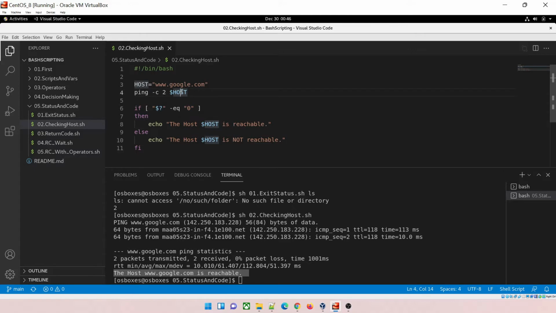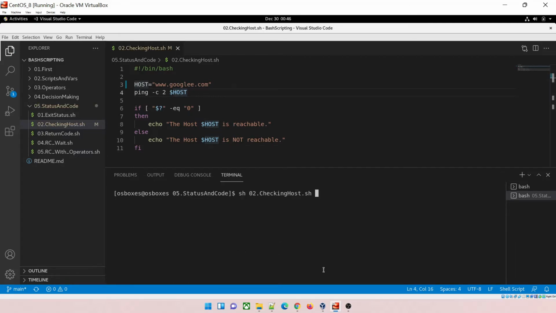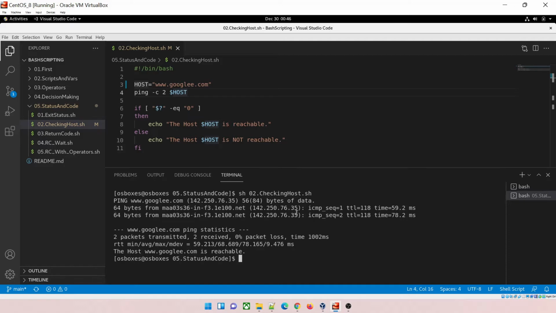Now if I am going to give, let's say googly, okay, because it does not make any sense, so I'm going to print that. So let's see what happens. I'm going to save this. I'm going to run this again. Let me just clear this. I'm going to run this again. And you can see, okay, maybe there is something known as googly as well.